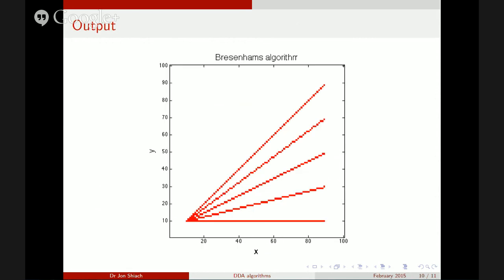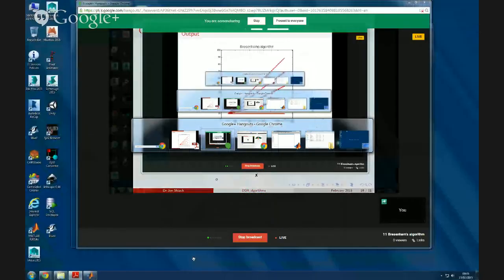That's your output. All I've done here is change my line drawing program to use the Bresenham algorithm rather than DDA, and you can see it's identical. But it's a hell of a lot faster than doing it using DDA. Okay, so with the remaining 10 minutes or so we've got left,